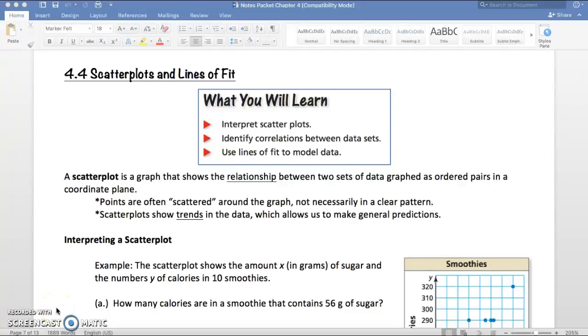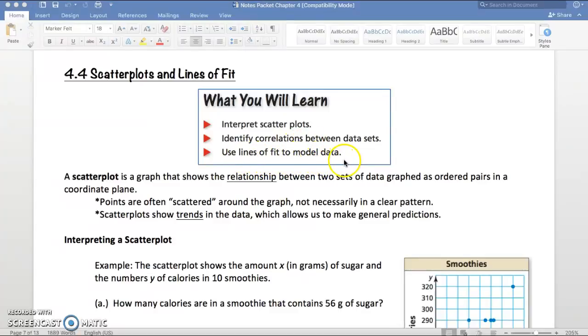Hey gang, today we're going to be learning about scatter plots and lines of fit. You see up here in this box what you'll learn. You're going to learn to interpret scatter plots, identify correlations or relationships between data sets, and use lines of fit